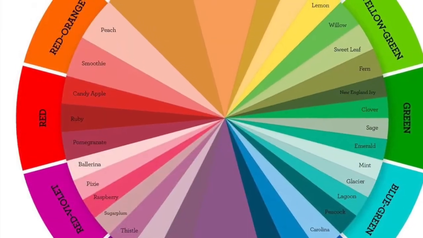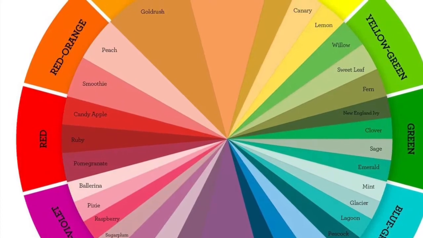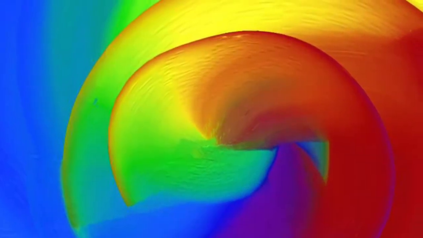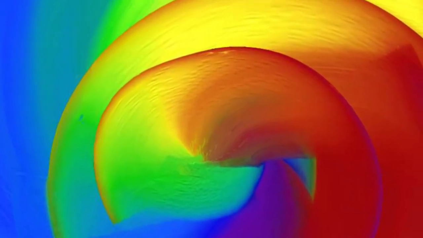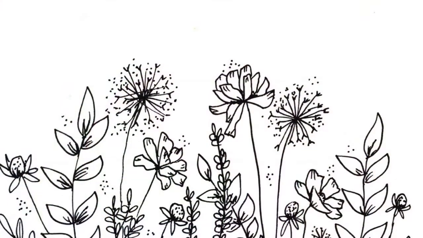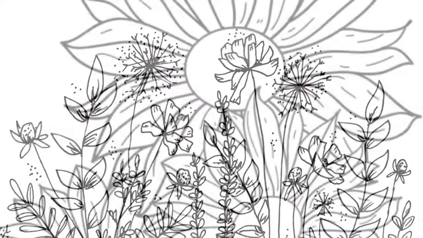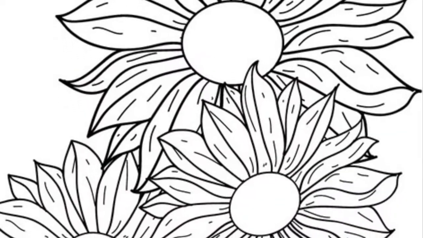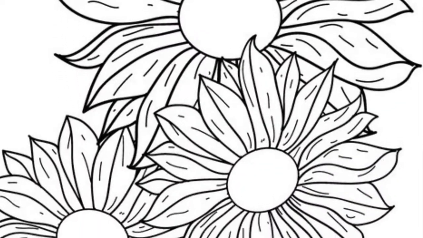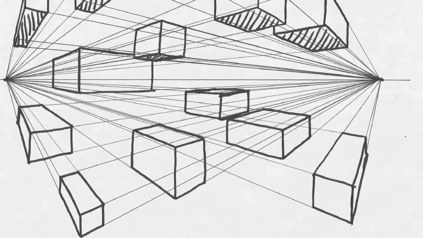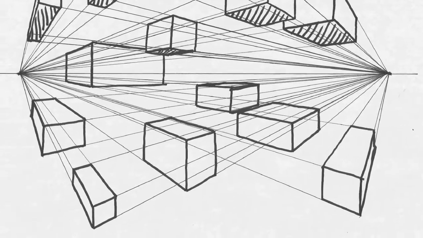We're also going to take color to the next level. There are so many more colors than just red, orange, yellow, green, blue, and purple, because you can mix them and make new colors. So we're also going to be using line and shape. So remember, line is when you connect 2 points, and when you start putting lines together, you get shape. There's organic shapes like the petals, and then there's geometric shapes like these that you can recognize, like squares, rectangles,